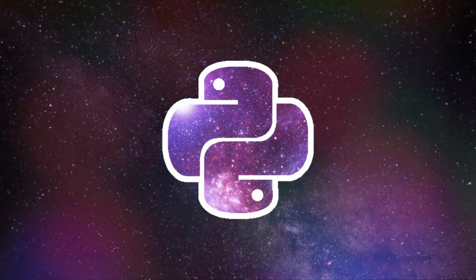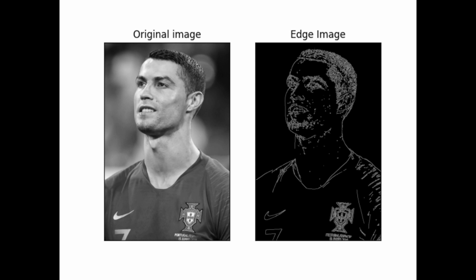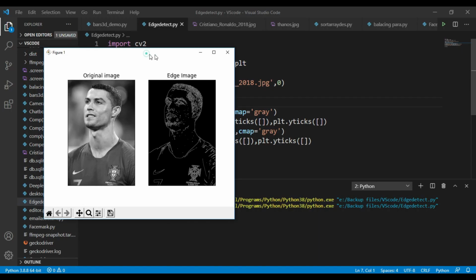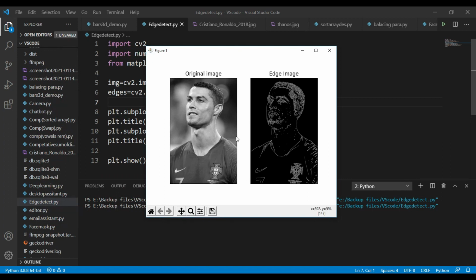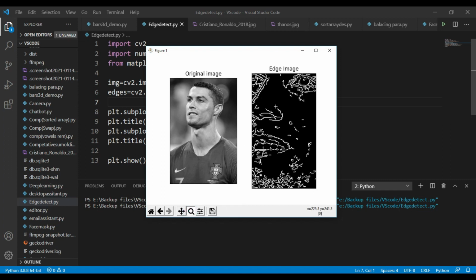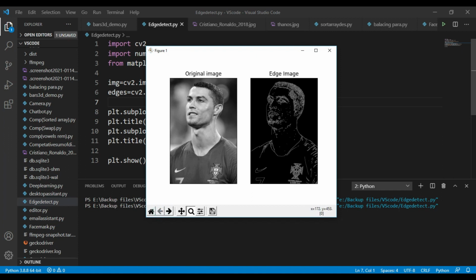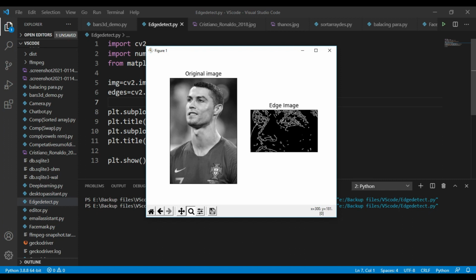In this video we are going to learn how to create an edge detection program using Python. We are going to use three Python libraries to detect the edges in the input images. The libraries that we are using here are OpenCV, NumPy and Matplotlib. Using these three libraries we are going to detect the edges. The edge detection project is considered a mini project in Python programming. Those who are searching for a mini project in Python, you can take this project.